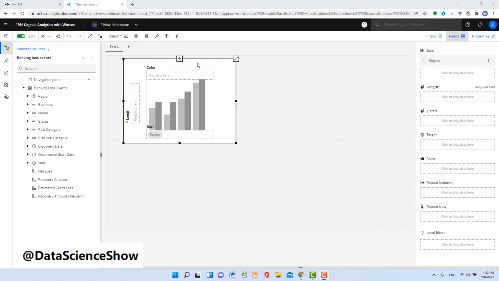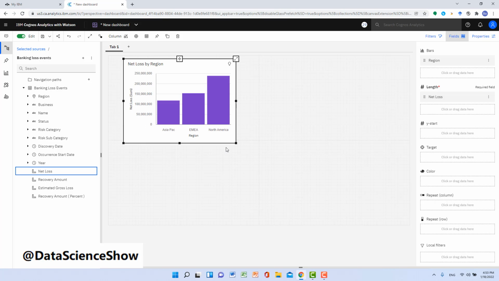Nothing shows up yet because we haven't defined the total losses in each region. What we need to do is to drag net loss and then drop it into length, this function. And then you can immediately see how much loss has happened in each region. You see, very simple, right?